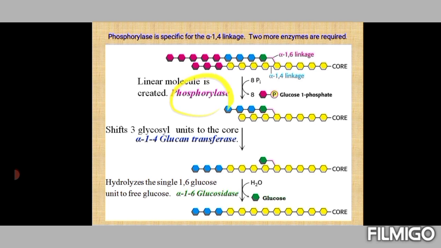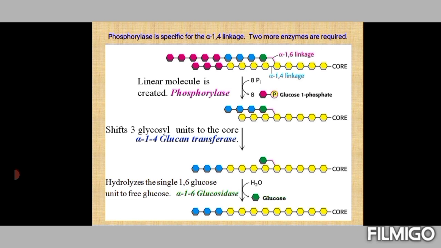Now, this phosphorylase enzyme, you can guess that it can go on cutting from here, because these 3 blue colored molecules can be removed. As I said earlier, it can release glucose 1-phosphate molecules till it reaches 4 molecules away from a side branch point. So these 3 molecules can be cut away by phosphorylase. It can carry on with its function, but not up to here. At that time, to solve this problem, another enzyme comes into the picture,